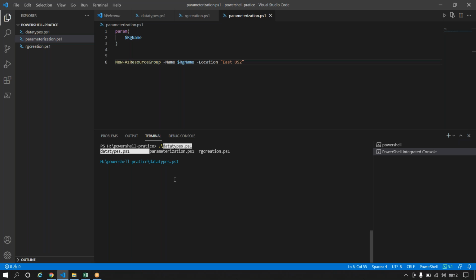So what did I do again? I did a dot backslash, Control space. Got it? It's looking for every file within this particular working directory. Now I'll say, okay, fine, this is the file I'm working on, which is called parameterization.ps1. But if I give a space and a hyphen,